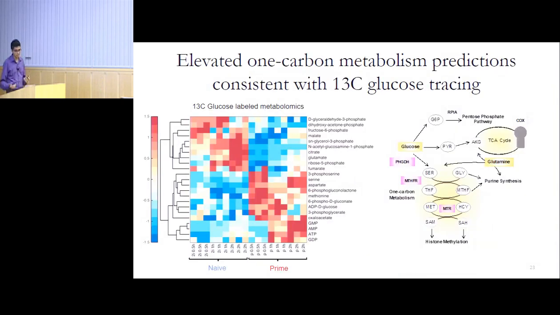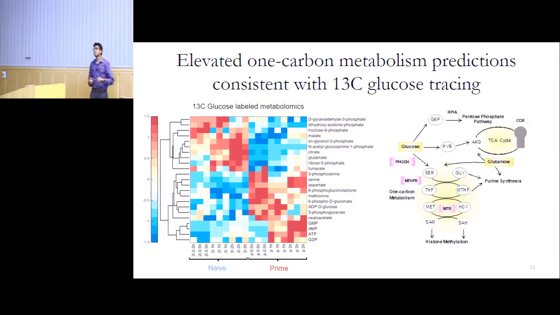So another interesting question is, why is this happening? Why is the metabolic rewiring happening in the prime cells? One idea is that naive cells are considered to be epigenetically flexible. These are embryonic stem cells. They can give rise to all cell types in the body, and they have a very flexible epigenome. Whereas in the prime cells, during that stage, there is pervasive histone methylation that happens. And the substrate for histone methylation is S-adenosylmethionine. So we thought maybe this metabolic rewiring is happening to produce this important molecule S-adenosylmethionine, which is needed for histone methylation.